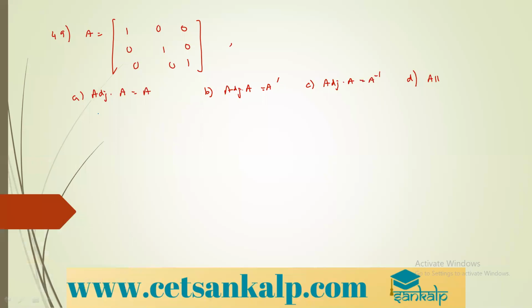So basically, we have to create a relationship between the adjoint of A and A. So we will take the matrix adjoint of A. Because it is an identity matrix, the adjoint also will be the same, 1, 0, 0, 0, 1, 0, 0, 0, 1. That means it is same as A. But A transpose also will be same. And A inverse also will be same. So I can say all statements are correct. That means I can go for option D.